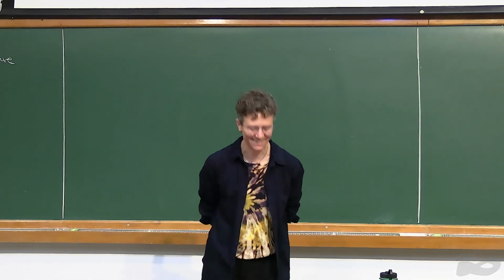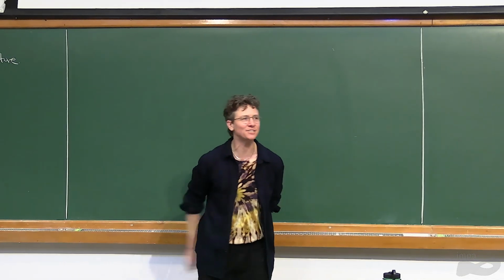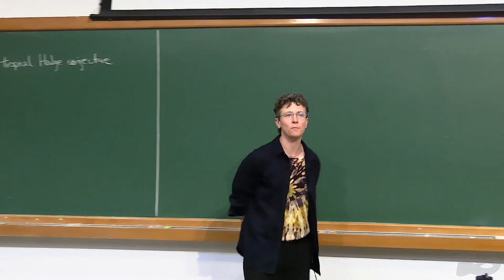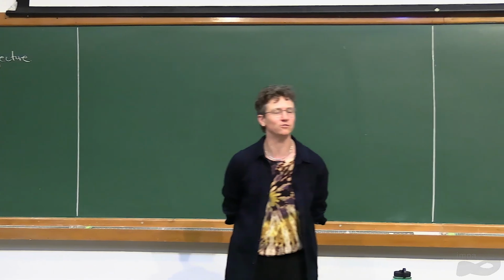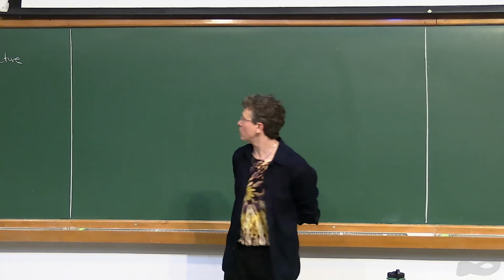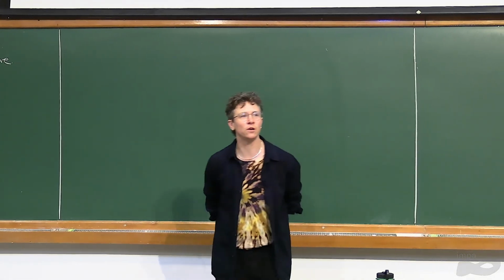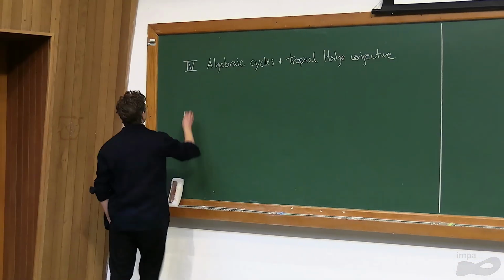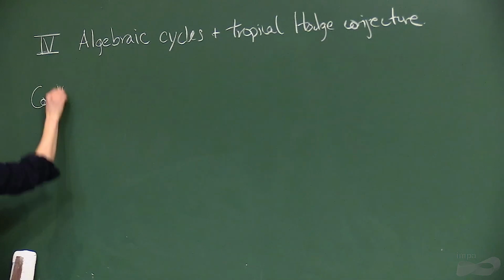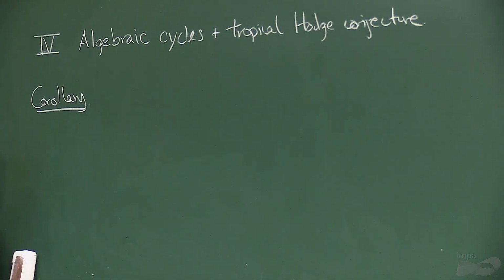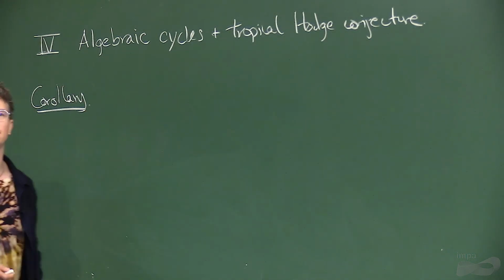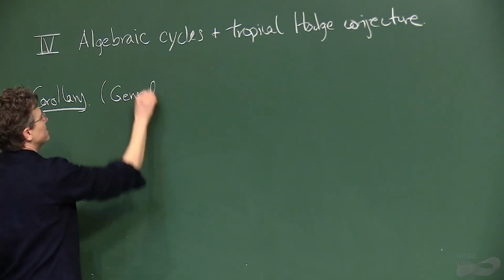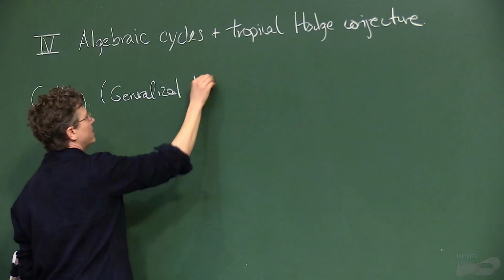But in my last lecture, as I kind of promised, at least in the summary, I want to say something about tropical algebraic cycles and this Hodge conjecture, the tropical Hodge conjecture. I do want to start, though, with a couple of corollaries from last time, to try to justify this definition of cohomologically tropical and wunderschön and things that we had. So this is basically a generalized IKMZ theorem,